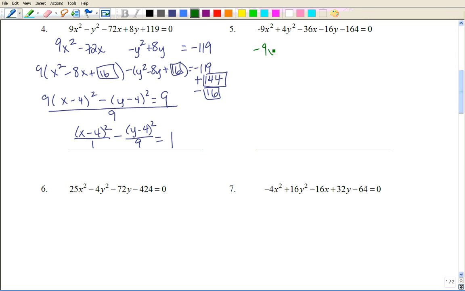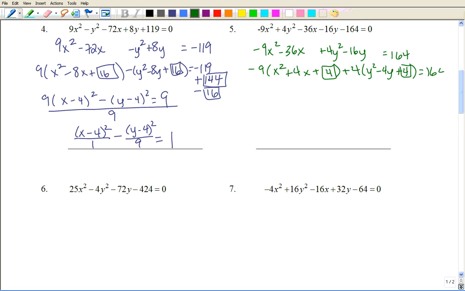So I have 9x squared minus 36x, and then plus 4y squared minus 16y, and then add over the 164. Take out the GCF, so we have negative 9 times (x squared plus 4x plus 4 divided by 2 squared). That's again 4. Then factor out the 4 for the y's here. And then we have y squared minus 4y. Negative 4 divided by 2 squared is 4 again,